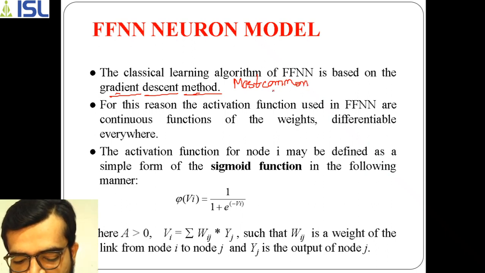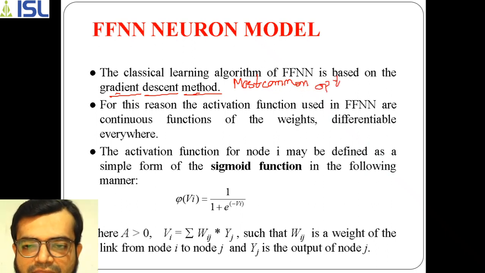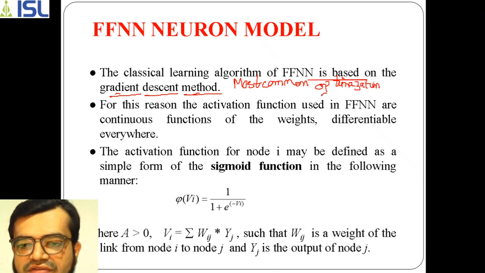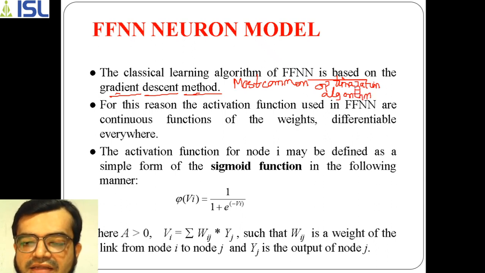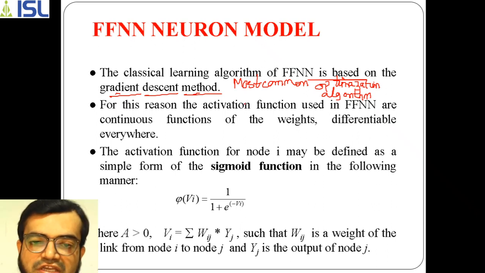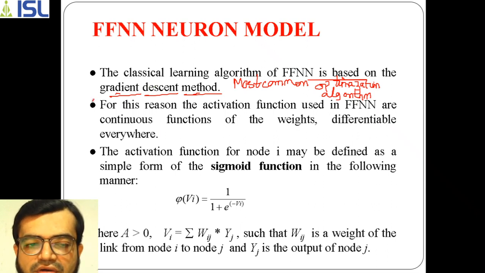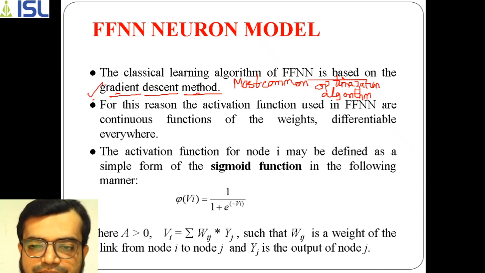It is the most common optimization algorithm. Optimization algorithm, in the sense that we have to optimize the given algorithms. Whatever problems we have in that, we have to optimize it. So this is one kind of method used in machine learning for optimizing the algorithm. That is your gradient descent method.